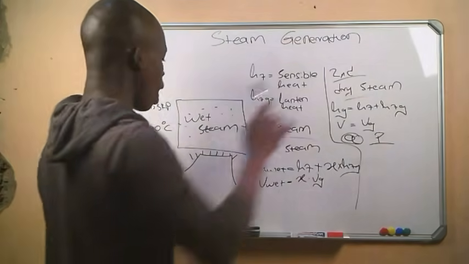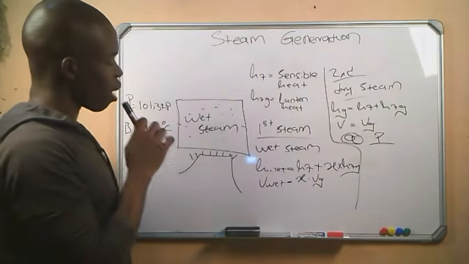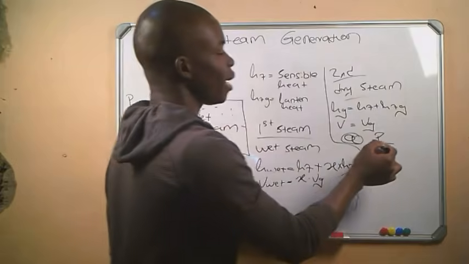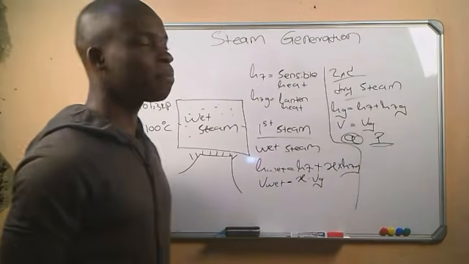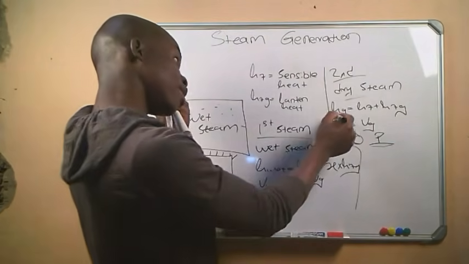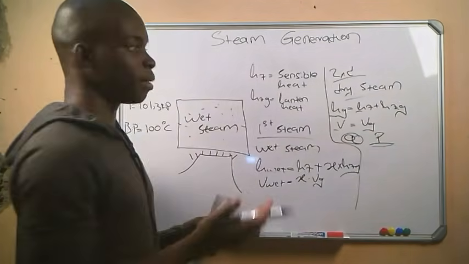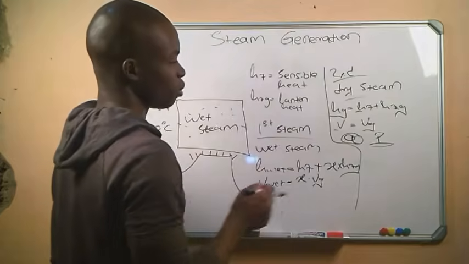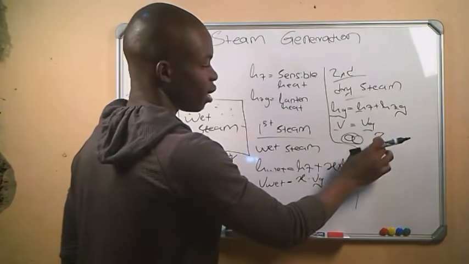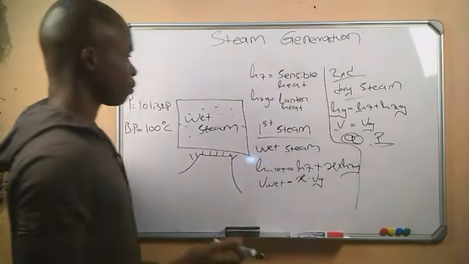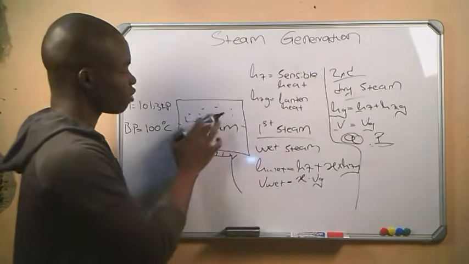because all our heating now is being performed at constant pressure. So if you want to find the values of the dry steam, there is a steam table that we'll be using in this topic. If you have the pressure, you can go and extract all these values. And then now we have dry steam,